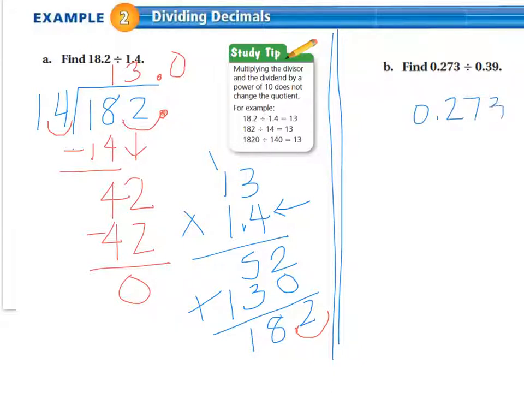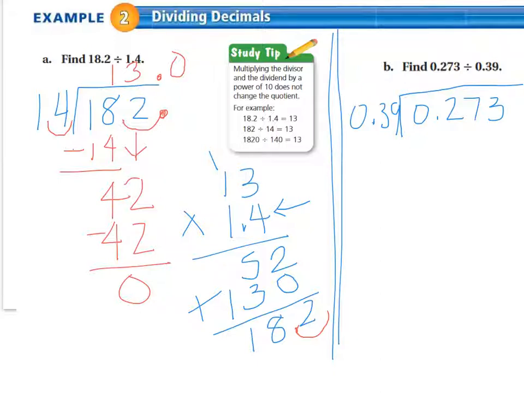0.273 divided by 0.39. It's important that you remember in division, as in subtraction, that the order matters. So when you're dividing by something, that is the divisor that you need to put on the outside of the